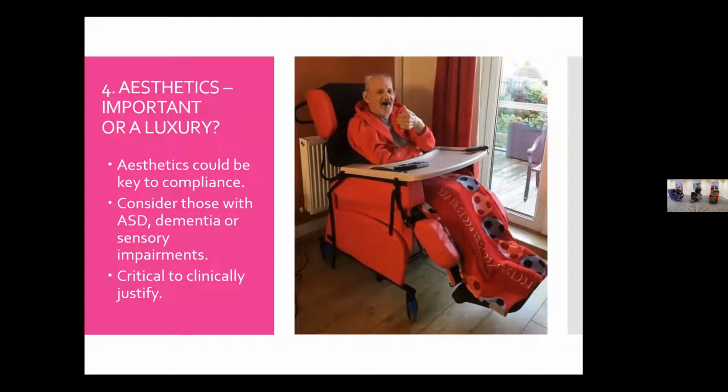Another part of this is the aesthetics. Now, is this important or is it a luxury? Now, aesthetics could actually be key to compliance. I may be speaking to individuals now who maybe work with loan stores where black or brown or grey are now the go-to colours, but there is a place here to consider the aesthetics of the chair and how that